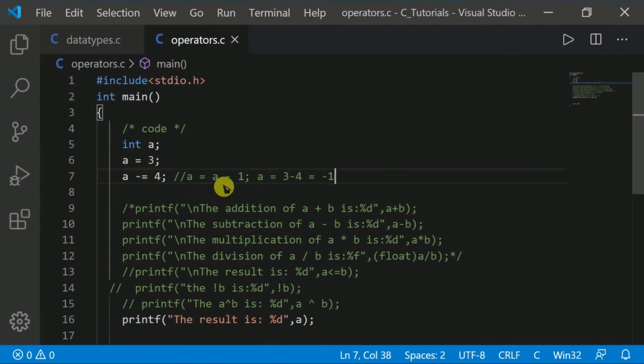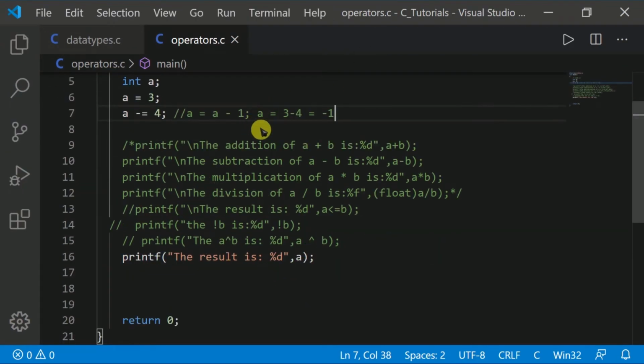Let's learn about the multiplication. For multiplication assignment 4, it means a into 4, it means 3 into 4, then the output will be 12.